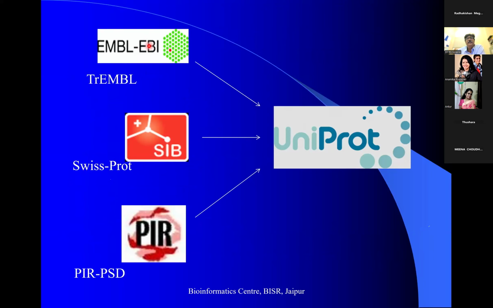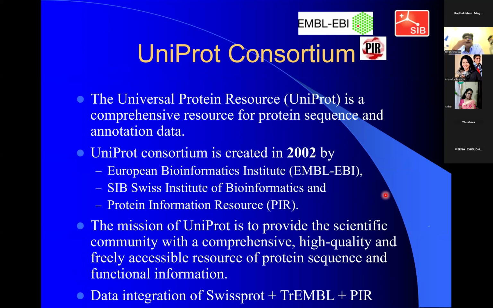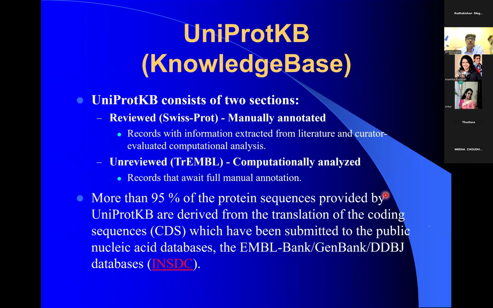इन तीनों ने मिलकर एक सिंगल डेटा बैंक बना दिया, जिसको इन्होंने नाम दिया यूनिप्रोट। तो ये कंसोर्शियम बनाया इन्होंने और तीनों को कंबाइन कर दिया इसमें। और इस तरीके से आप देख सकते हैं कि इन्होंने 2 सेक्शन बना दिए। एक तो यूनिप्रोट केबी, दैट इज नॉलेज बेस, जिसमें 2 पोर्शन होते हैं।